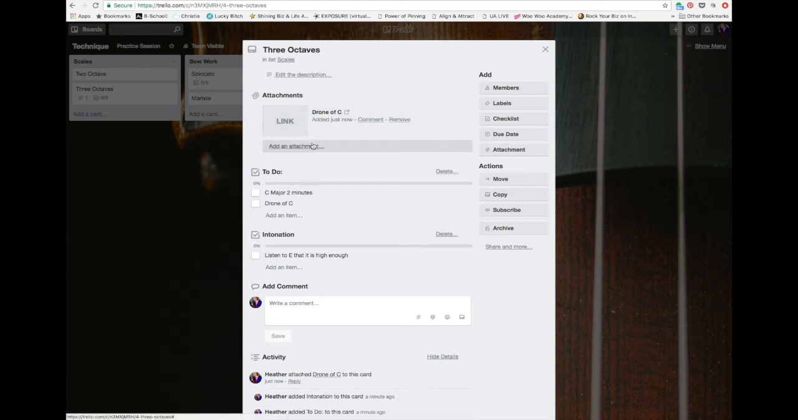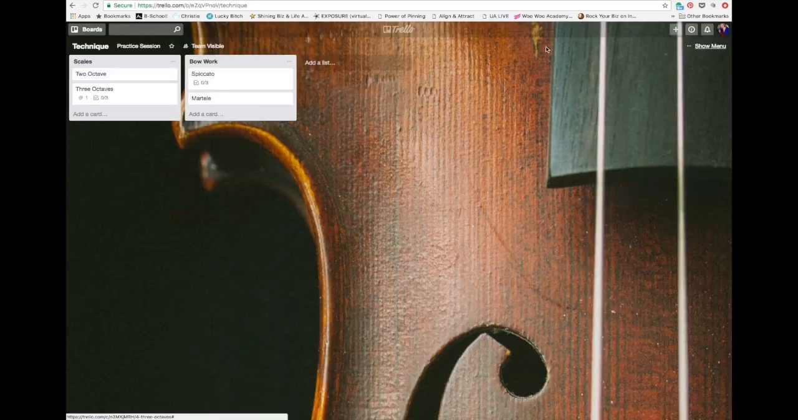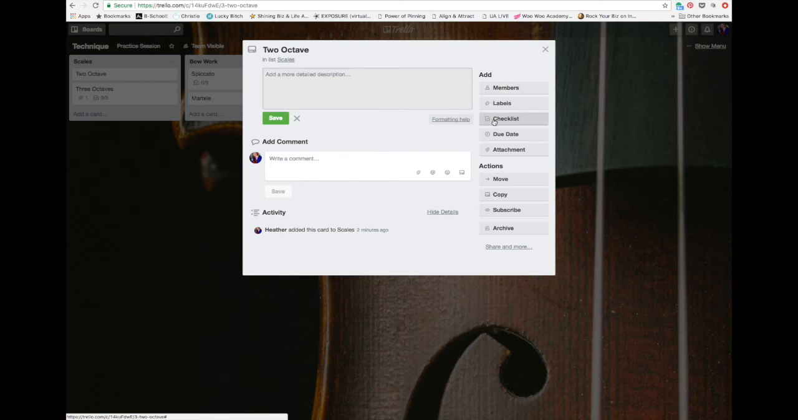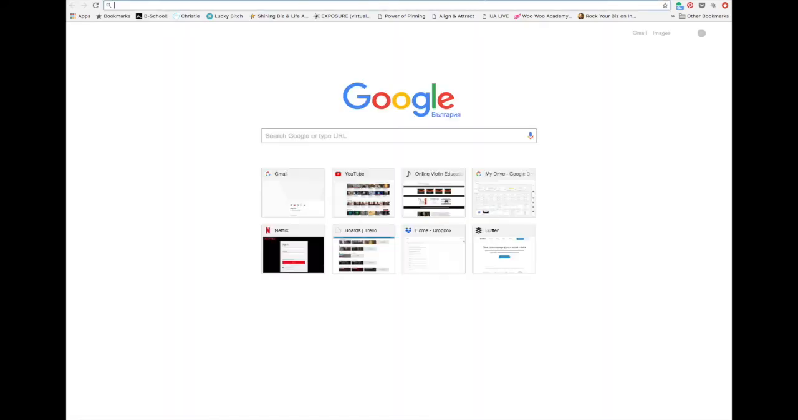Or say you want to put in a drone of E, so you can listen to make sure those E's are high enough with that drone. So it's really wonderful what you can do with this. I think that pretty much shows you exactly what you can do. Say you have different books that you're working on in these 2 octave scales. So let's pop on over to